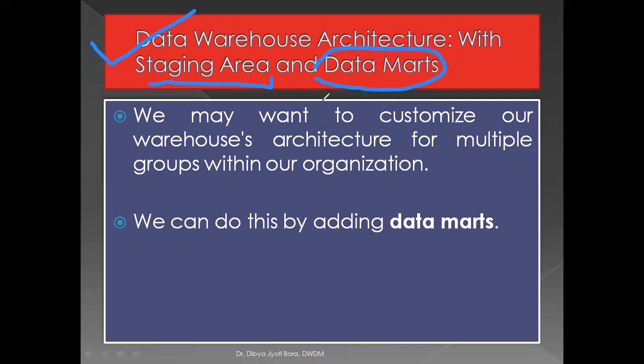Okay, so up to the staging area, it is very much clear that we are rectifying the data. We are keeping only the required data for the ETL process. Now, from the data warehouse, in the case of two-tier architecture, the users